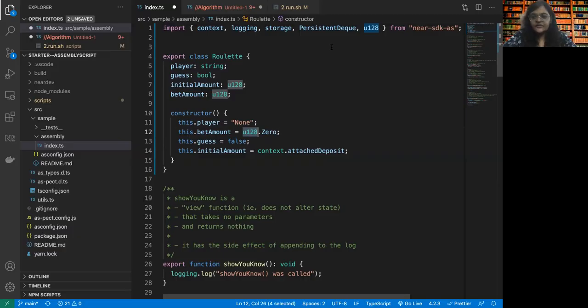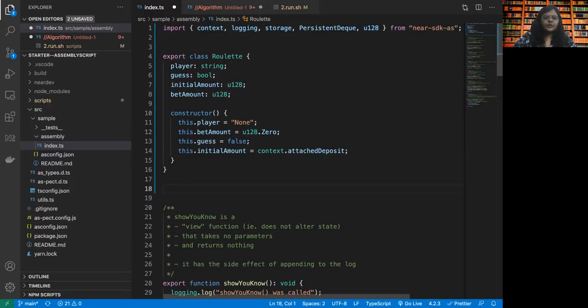Because of the number of decimals associated with them, the normal 16-bit, 32-bit, 64-bit integers are not able to hold that. That's why there is a U128 data type that can hold the amount of near sent in as the deposit. So initially the bet amount is 0 and the player we have just put as none, right?